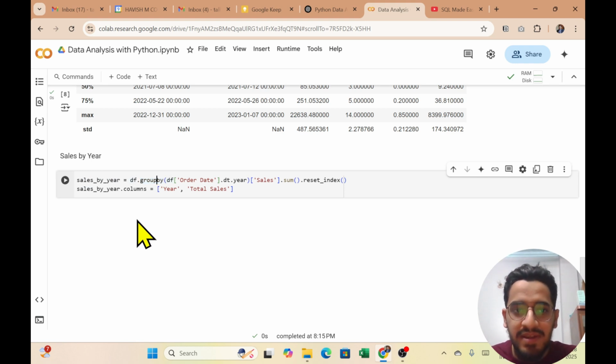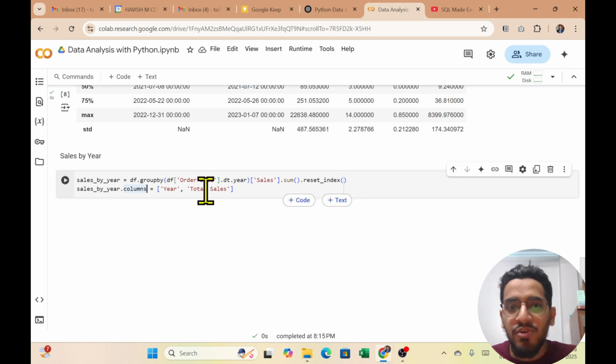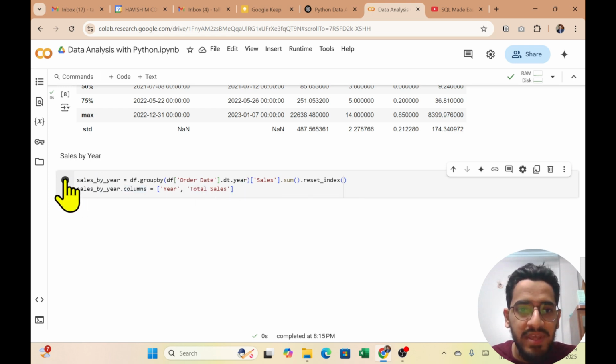So I'm saying that from the data frame, I want to do a group by on order date dot year. This is extracting the year from the order date, and my sales. But for my sales, I want to do a sum. So dot sum. Reset index is basically going to make the first column an index column. Otherwise, my year becomes my first column. Then I'm just saying sales by year dot columns, and I'm displaying the values in columns, which is year and total sales. When I run this